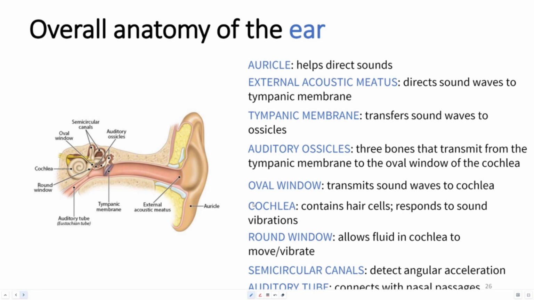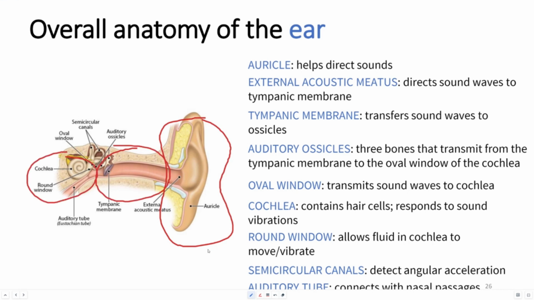There's going to be a tympanic membrane, an eardrum, that vibrates when sound hits and provides a means for transmission of sound waves from the external ear to the middle ear. This is your middle ear, and this is your inner ear. The tympanic cavity of the middle ear contains three small bones, the malleus, the incus, and stapes. These are called the auditory ossicles, and they function to amplify and transmit the sound waves through the oval window